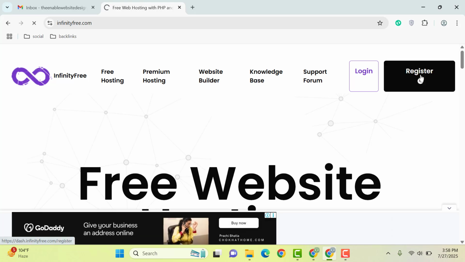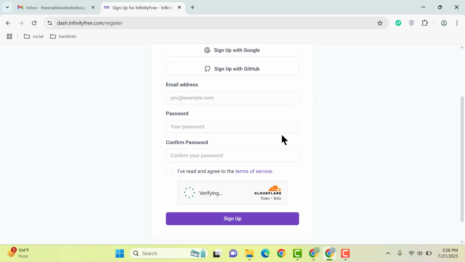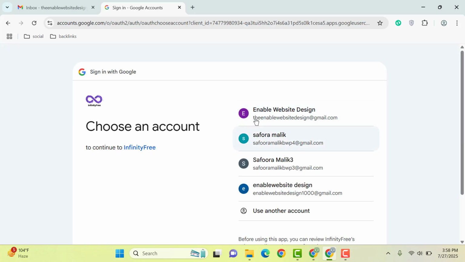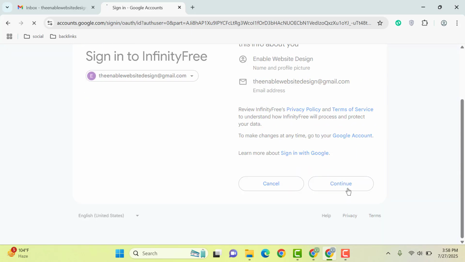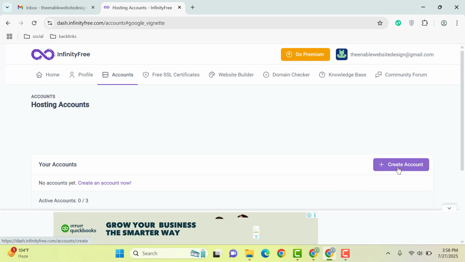You can go and click on register button. So you can create a free account. You can also sign up with Google. And now let me select one of my Gmail account, scroll down, click on continue button, and now you need to create a free account. You can go here,